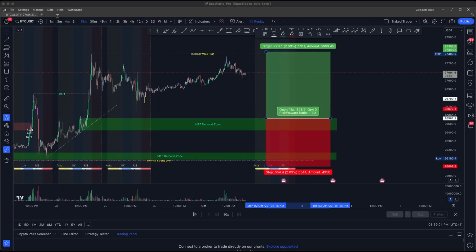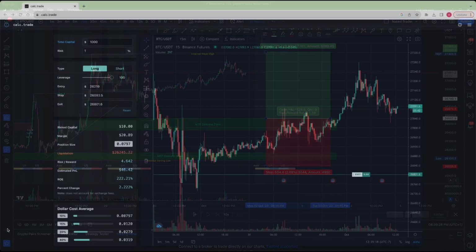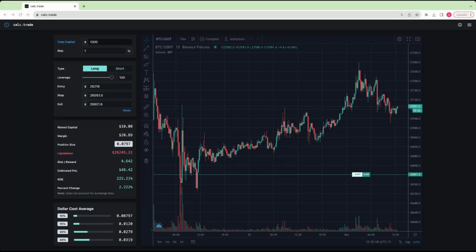Right, it's a really important concept, this, because I think if you know this, you'll always know what your maximum loss is. So I'm just going to stop sharing this really quickly, and share another screen for you right now. If you just click on that, guys, you should be all right. Okay, so we're on calc.trade.